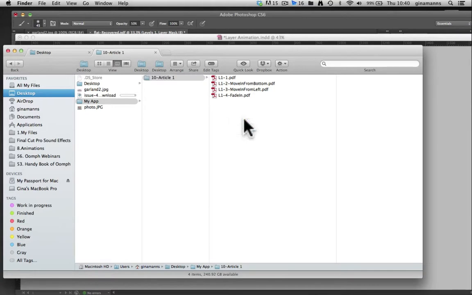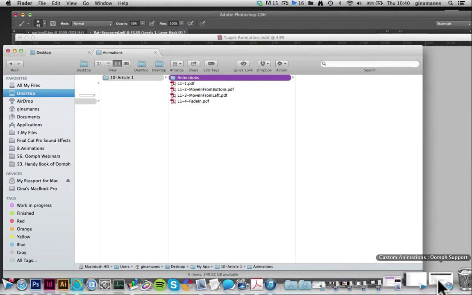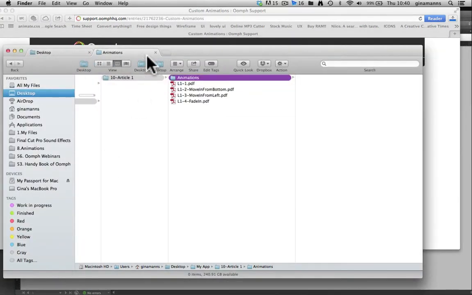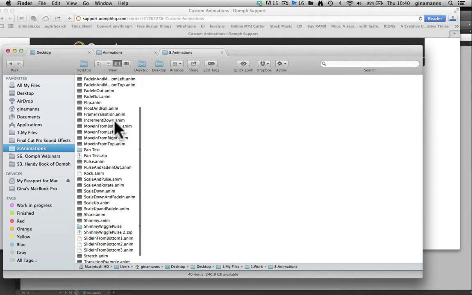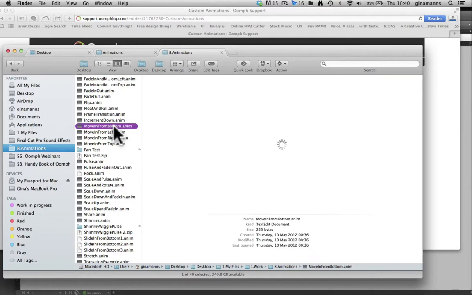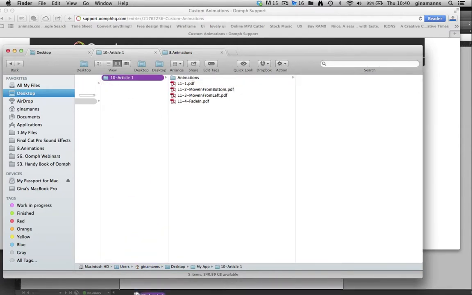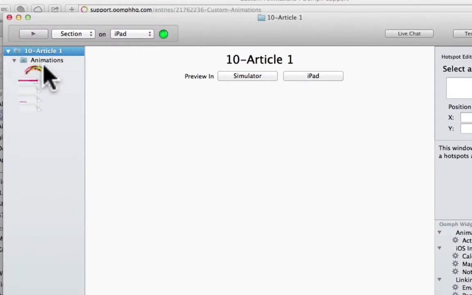And to do that, you just create a folder in here and name it animations. And if you go to documentation, and in the search bar you type in custom animations, it will take you to this page. You can download the zip file and you will get all these little animation files. So if I go to move in from bottom and take that file and copy it, and I place it into my animation folder, and then if we drag this section into Oomph editor, we can look at the animation file,